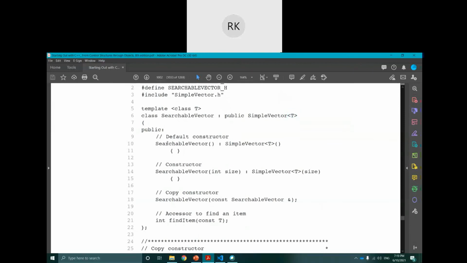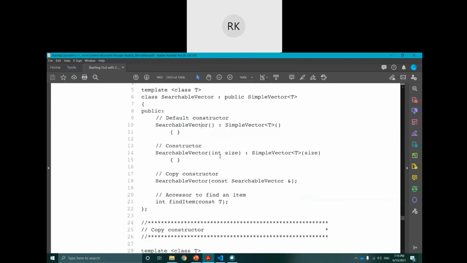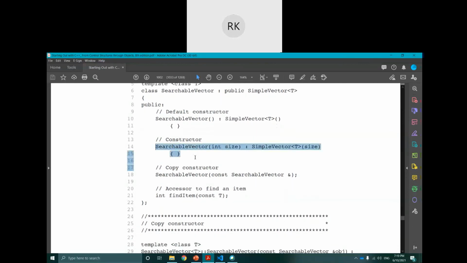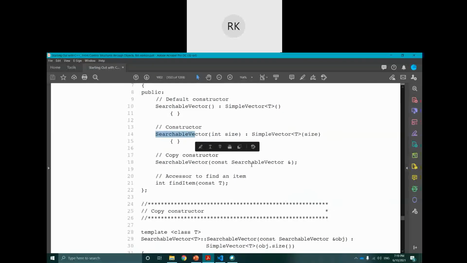You see the constructor is exactly calling the parent constructor. You see this one, the T. Here the T we must show in the parent constructor, but in the child no need. The overloaded constructor is the same.